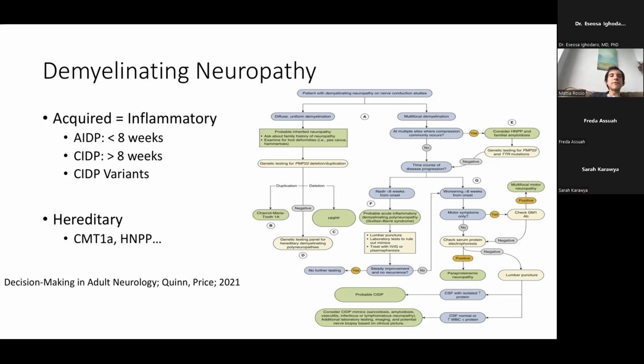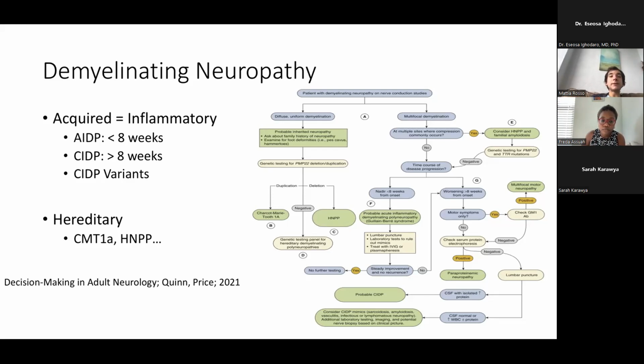Now, a couple of caveats about all what I just said. First of all, GBS remains a clinical diagnosis. So if you have someone with an acute presentation of neuropathy with weakness without any red flags of something like a myelopathic involvement, with reflexes that are absent, with sensory and motor phenomena, then that's all you need.